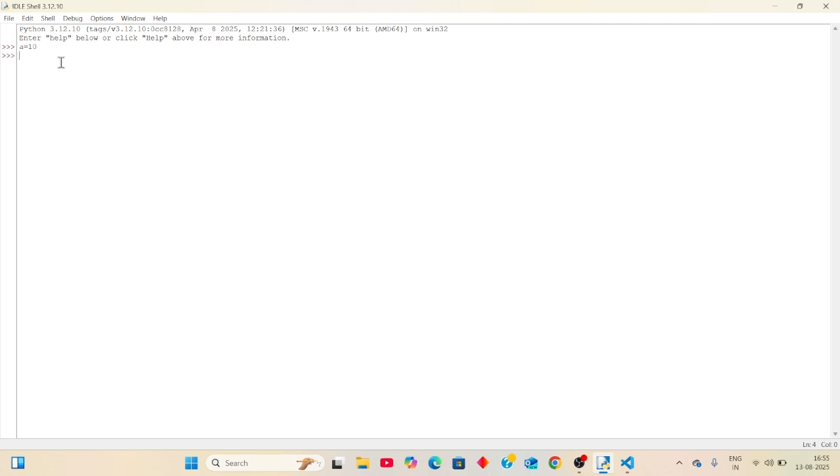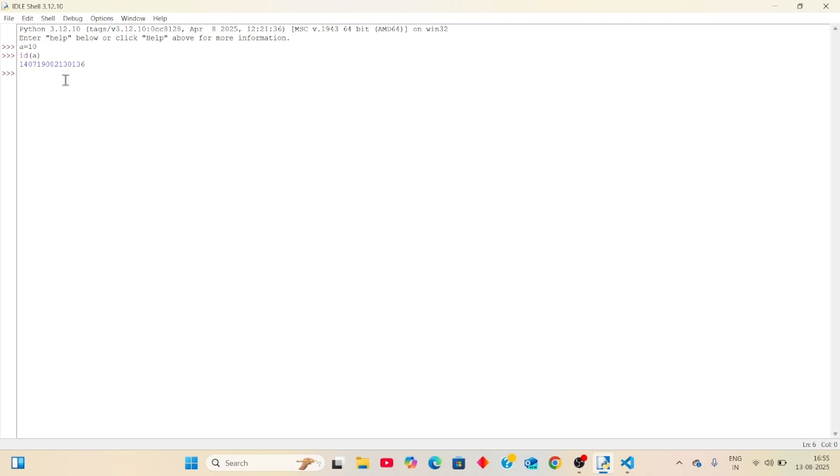It accepts. Now I can get this memory location by using the id keyword. Id of a, enter. See, this is something like 1401908. This is the location of the variable.